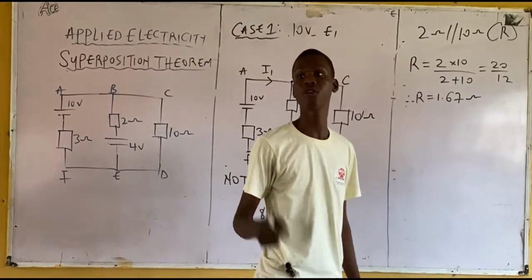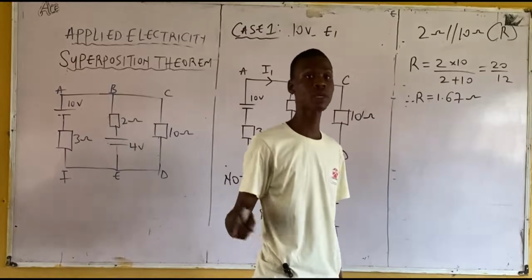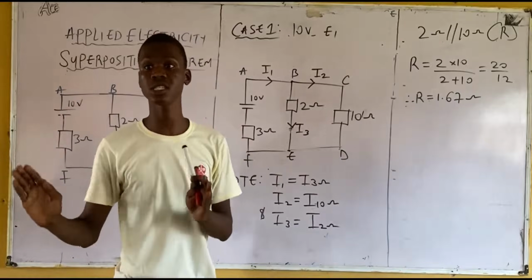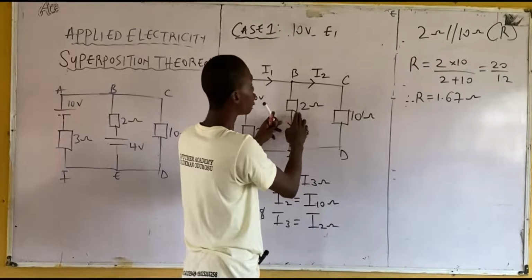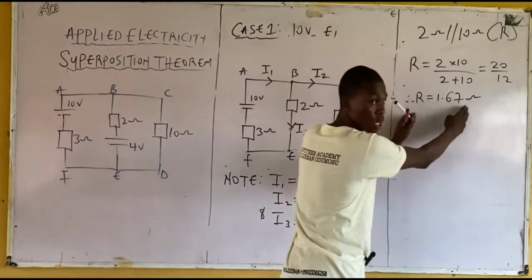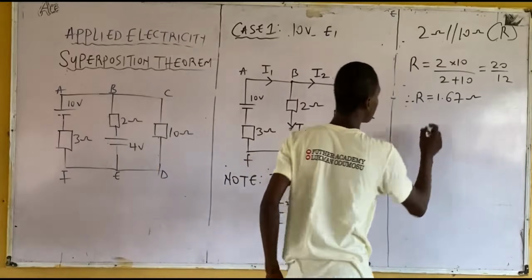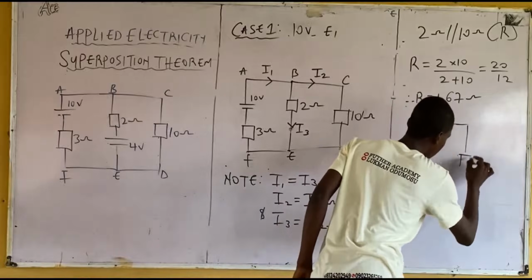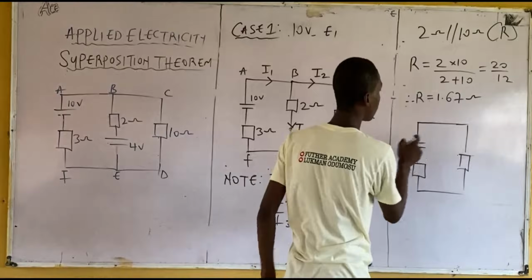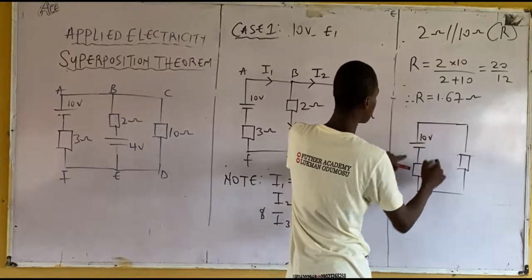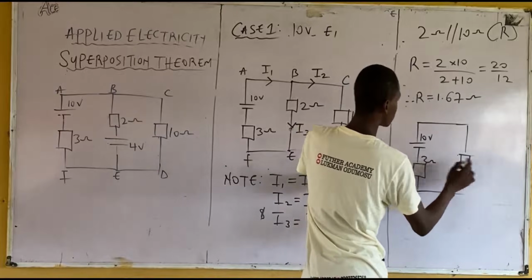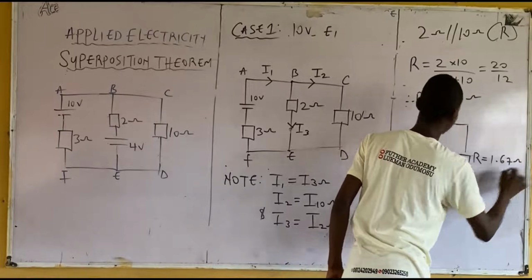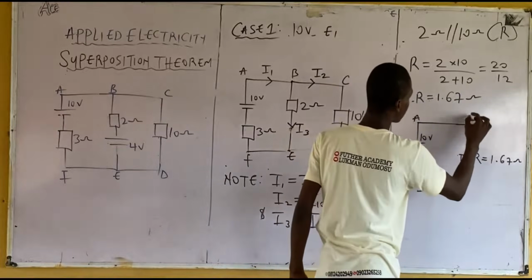Now what's the next step? Redraw your circuit. By the time you redraw your circuit, nothing is changing. What is changing is that you've calculated the value of the 2 ohm resistor and 10 ohm resistor to be this, meaning that's what you are going to substitute. Moving on, what do you have? You have this. What will be the value here? 10 volts. What will be the value here? 3 ohms. What will be the value here? R, which is 1.67 ohms. Then this is B,